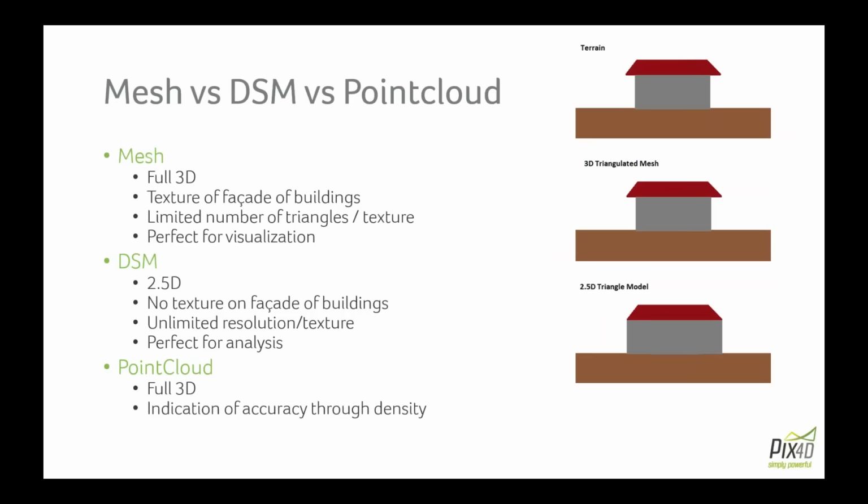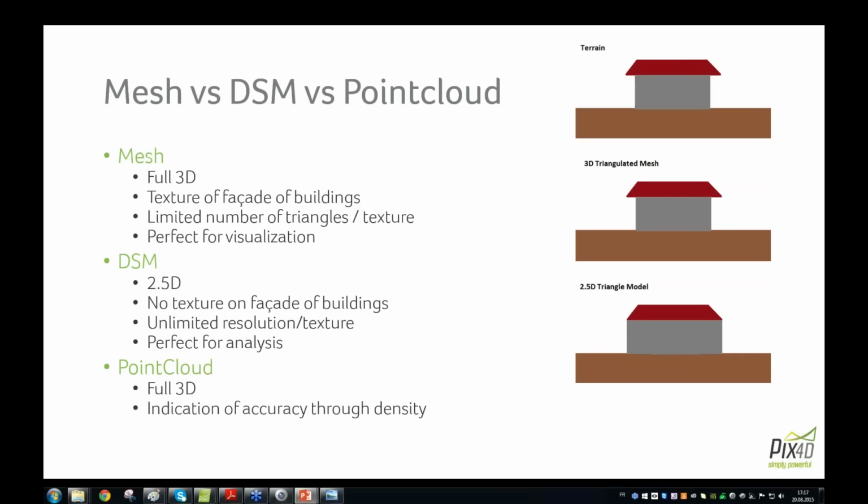And finally, the point cloud, from which the mesh and the DSM are computed. This is the type of 3D representation that you really want to use when you want to do precise measurements. The main reason is that the 3D point cloud gives you a very high sense of accuracy through density. I'm going to show it right now with